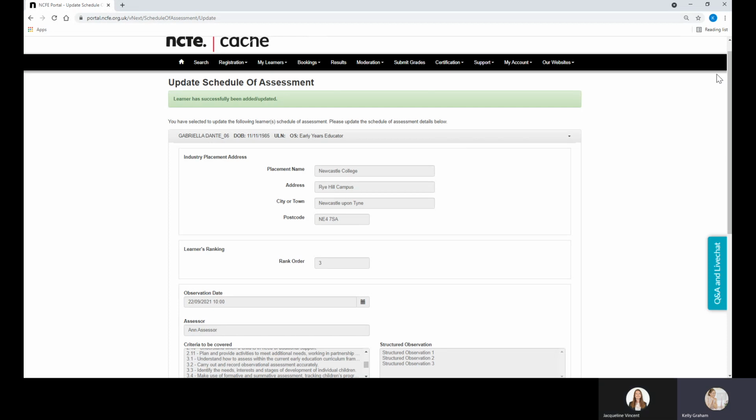So if I'm in the schedule of assessment and I can't find my learner, why would this be? So learners, remember, they will only show in the schedule of assessment once they've been registered onto the T-level qualification and then also booked onto their chosen occupational specialism. So early years educator or assisting teaching. If a learner is not showing, please do check that they have been registered and booked onto the specific occupational